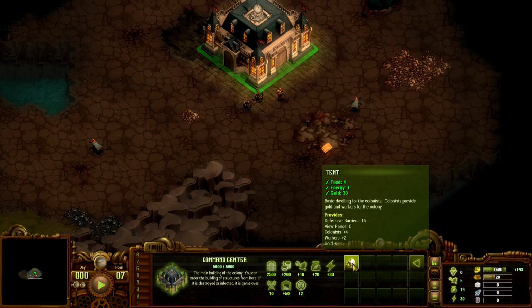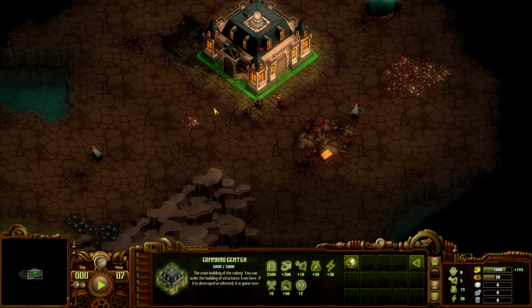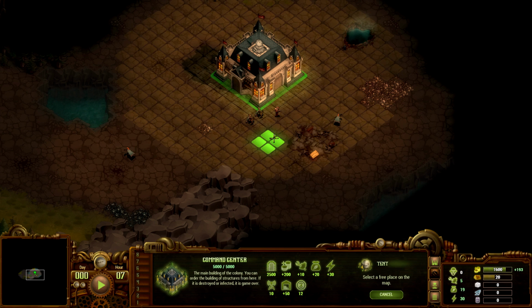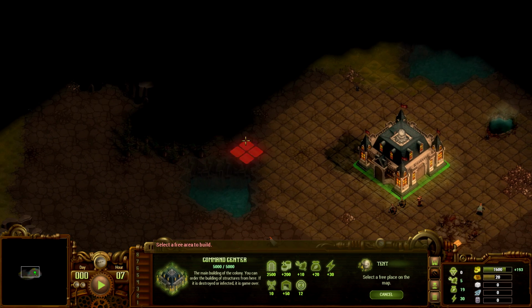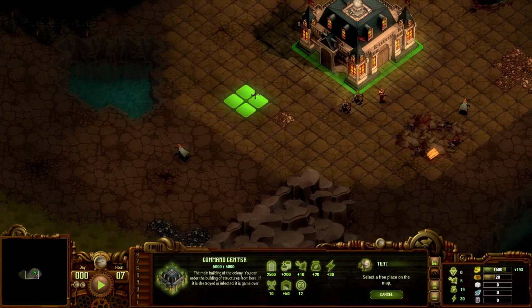So you can see at the bottom right where our gold is. We're earning 193 gold, and I think that's just from the command center less the army cost, so less the cost of these troops. We want to get some tents down, not only for the money, but so we get workers to put in the quarries, the oil fields, the fishing things, the hunters' lodges. And I think what we'll do...